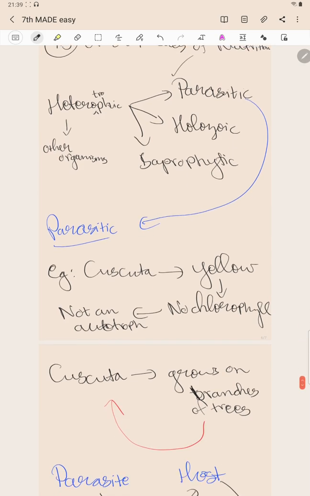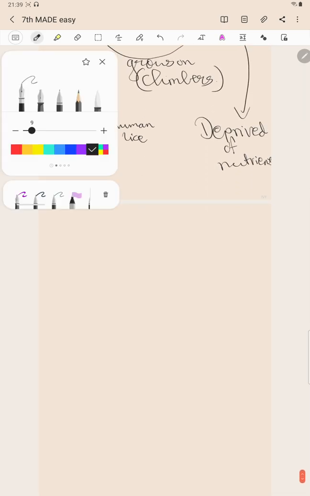Now next one is holozoic. Holozoic mode of nutrition is simple, guys. Holozoic mode of nutrition is what humans do. Humans eat organisms as a whole, or we kill the organism and eat it. Being another animal or a plant, we kill the plant, we cut off the plant and then we consume it. So taking the food as a whole. An example of this is humans, obviously,